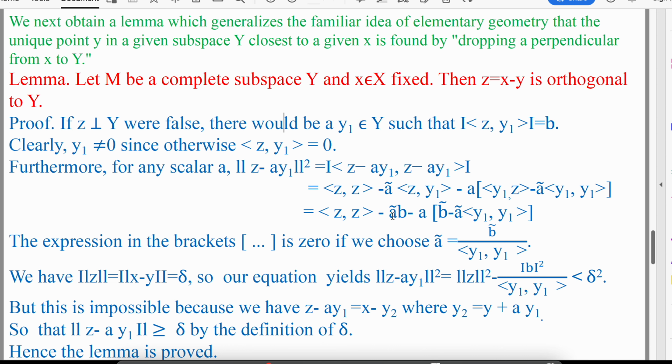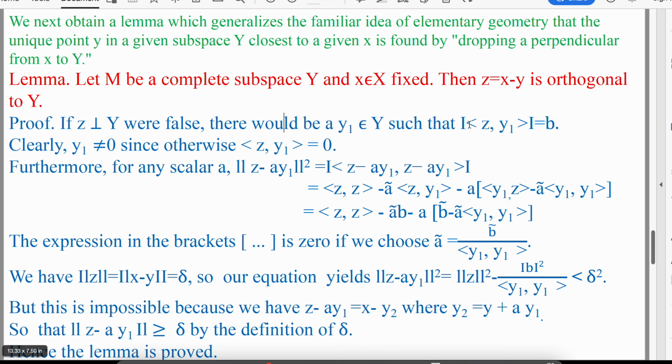z minus, because ā is b̄ upon the inner product of y1 with y1, here it will be b̄ upon the inner product of y1 and y1. If we substitute ā equal to b̄ upon the inner product of y1 and y1, this term will be 0, and we are left with the inner product of z with z minus b̄ upon the inner product of y1 and y1. So in that case, if we take the norm equal to delta, norm x minus y equal to